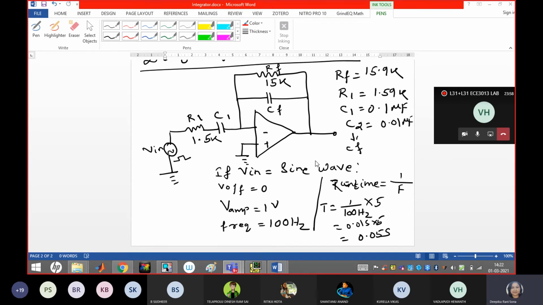Now what is the V0 equation of the differentiator, guys? And if I apply a sinusoidal waveform, what should be the output? What is the equation for the differentiator?